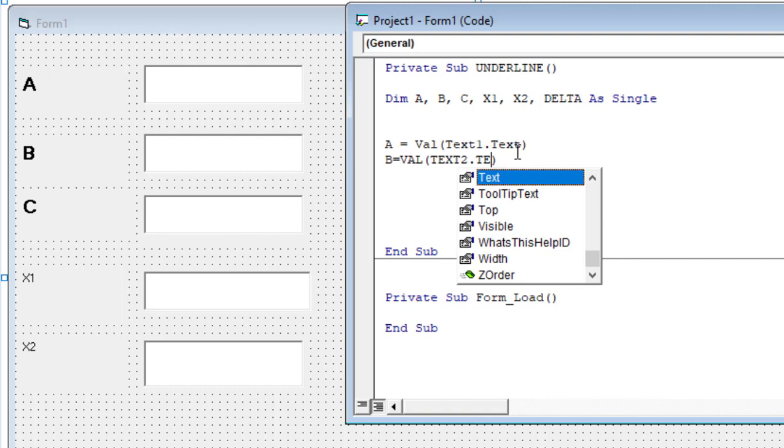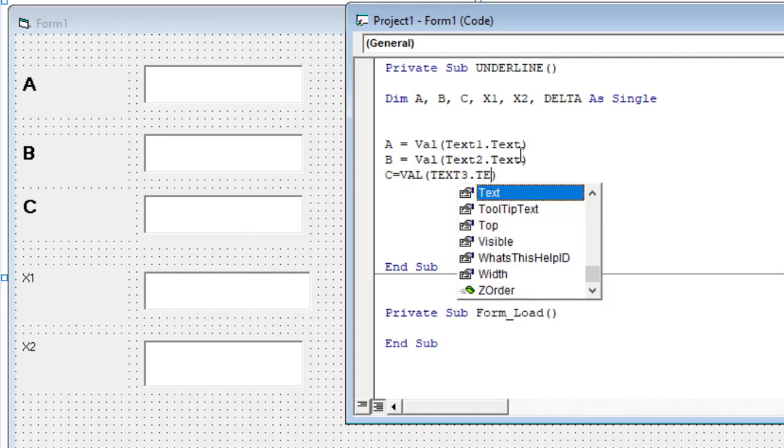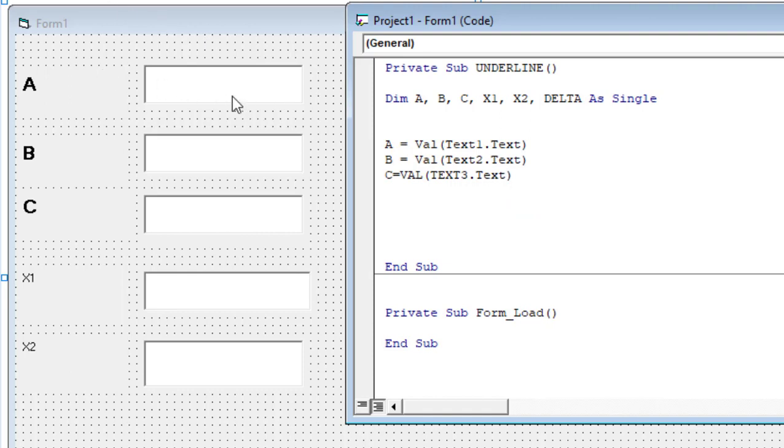Then C will receive the value of text3.text, because the name of this text box is text1. The name of this text box is text2. Then the name of the text box where C will be input is text3, right? Now after mentioning how the coefficient